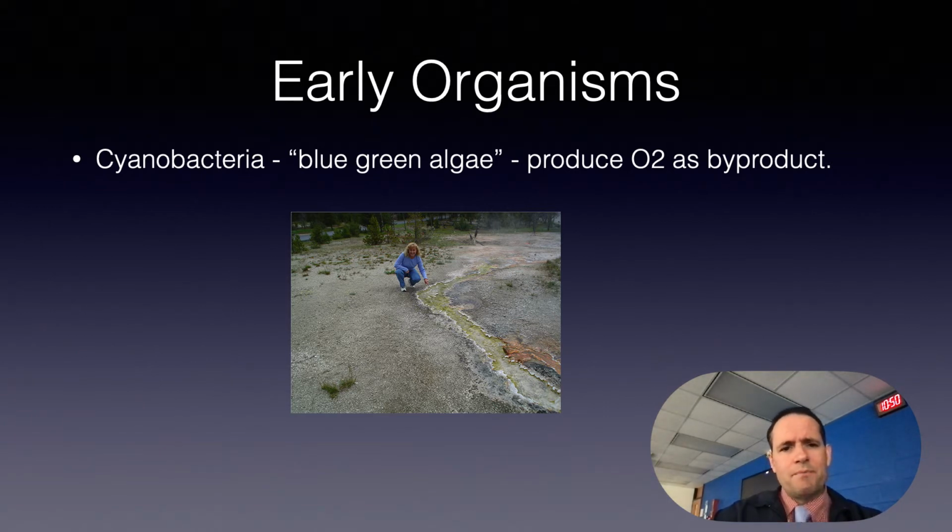But so here's a person standing by this little stream running off of a hydrothermal feature called a hot spring, I think, in Yellowstone National Park. And it's kind of greenish because of the cyanobacteria that it contains. So evidence indicates that during the first 2 billion years of Earth's existence, the atmosphere was anoxic. This means that there was no molecular oxygen, okay? Anoxic. Therefore, only those organisms that can grow without oxygen, we call these anaerobic organisms, were able to live.